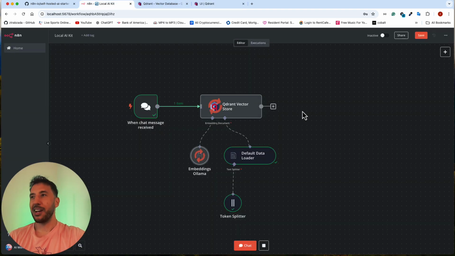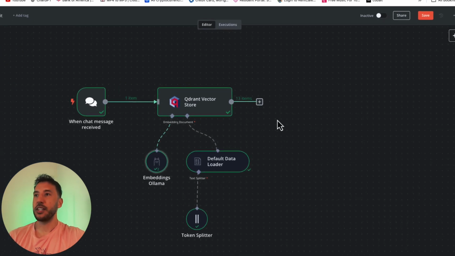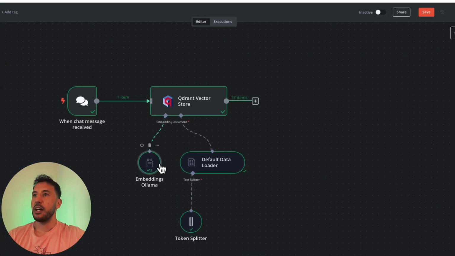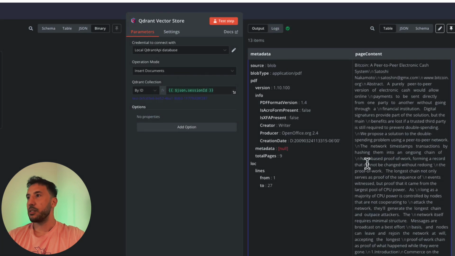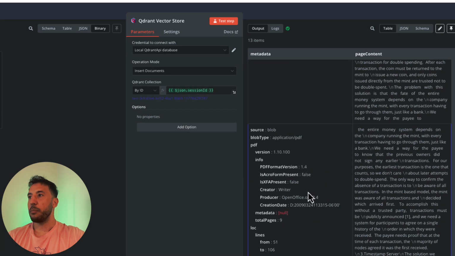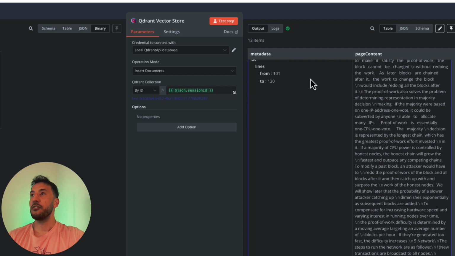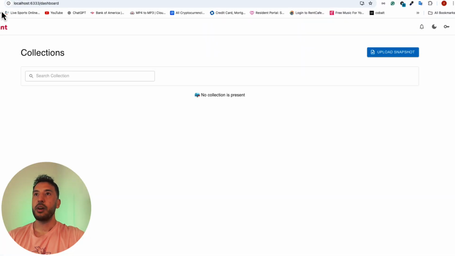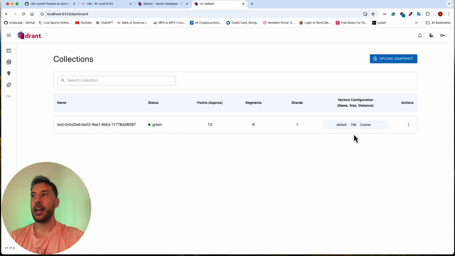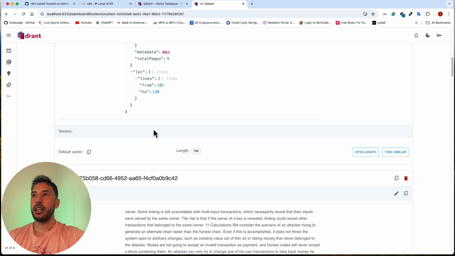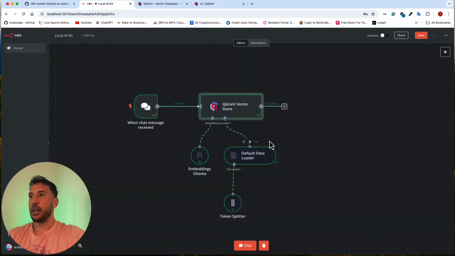If your computer is slow like mine, this might take a little bit, but if you have a computer with really good memory or you're using a GPU, this is going to go a lot faster. But there you go. All right, perfect. As you can see, this went through and 13 items came out of here. Let me quickly double check on this. Yep, as you can see, this Bitcoin white paper that we just uploaded via our chat got converted into vectors. To double check this, I'm going to refresh the page, and as you can see, we have our vector that got added here. All right, that's perfect. So let's go back. That step is done.